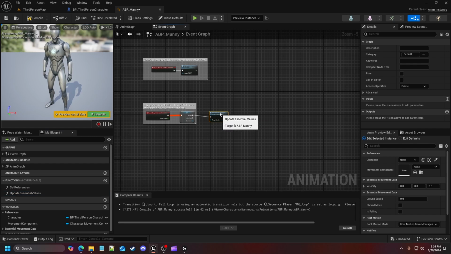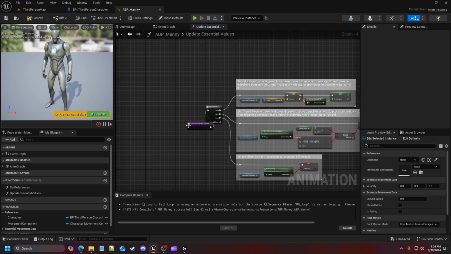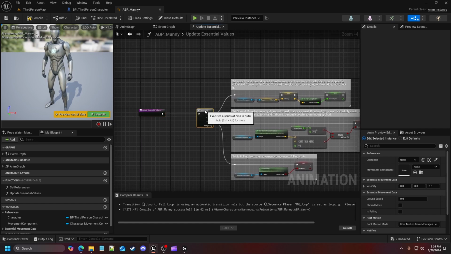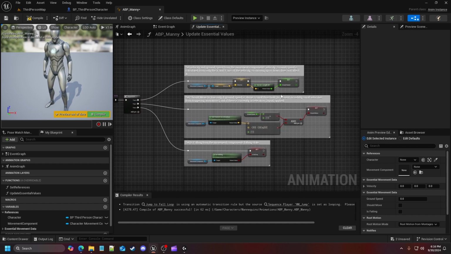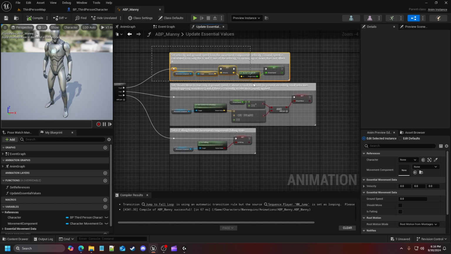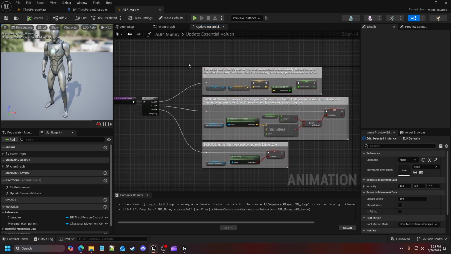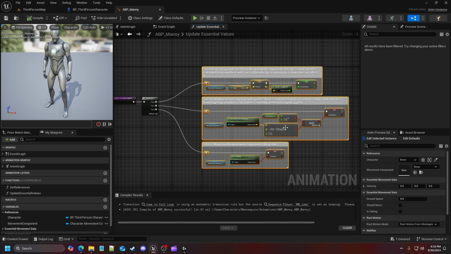And then I'm going to move that over here, to which we're going to go into here. And what I'm going to do is another collapse for the moment, because we want to keep these at the moment, because while we're dabbling in the third person template, we still want our basic animations and stuff to work within our third person character template. However, you will notice that as we go through this update essentials value, we will reutilize some of these to where we can eventually get rid of them, once we actually call them elsewhere. So what I'm going to do is highlight all of these, and I am going to then